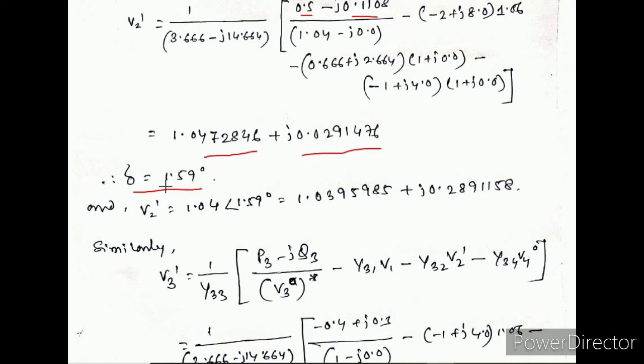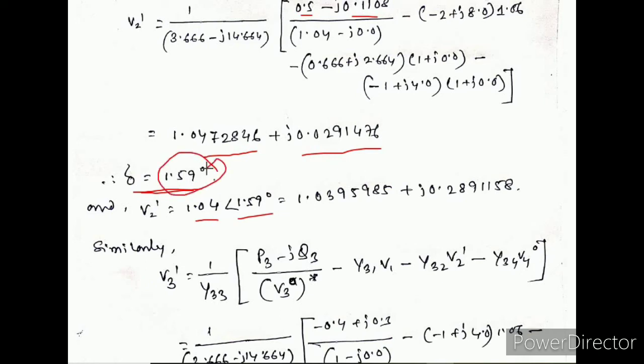So after calculating all these things, we are getting the q value and delta value. That means for the PV bus, all the calculation has been completed. That means we already found the q2 value and delta 2 value. But in the PV bus, P is specified. P is not possible to change. So as per the PV bus, as the generator bus, the voltage will not change. So instead of 1.047, we have to put here 1.04, and the angle we will put is whatever angle we are getting here.